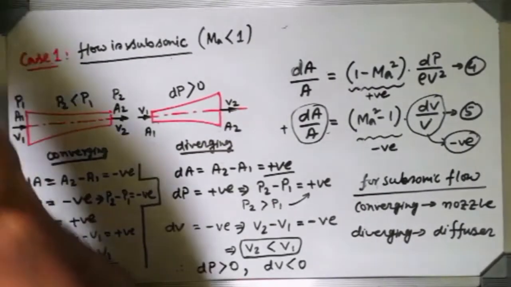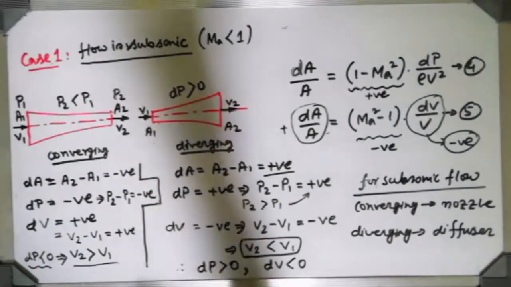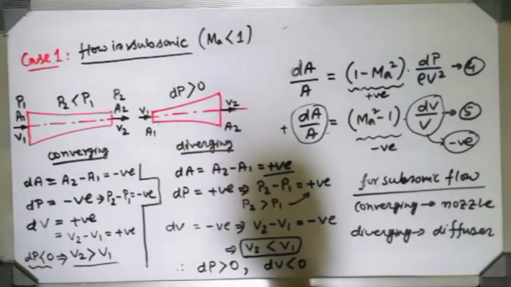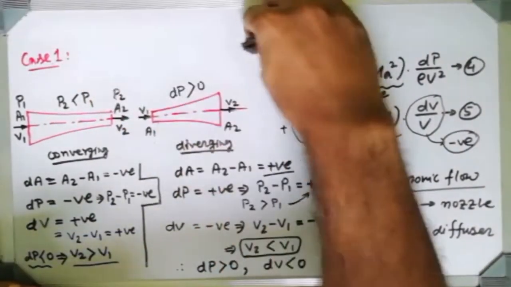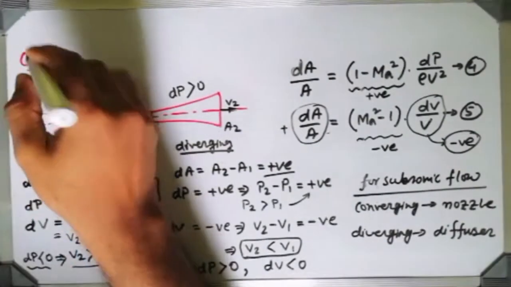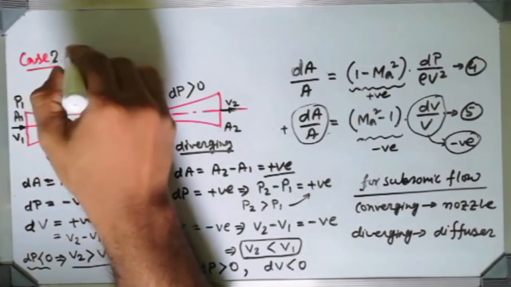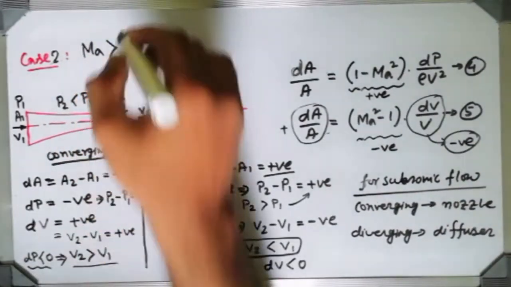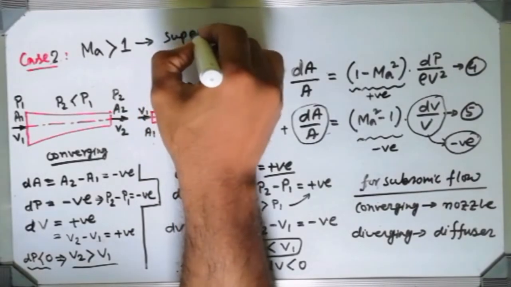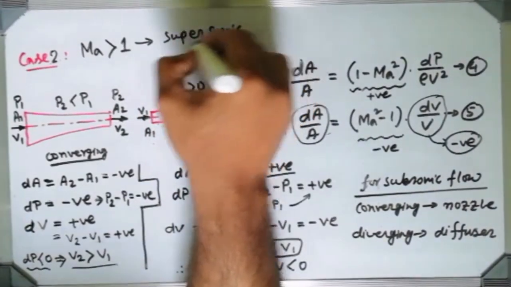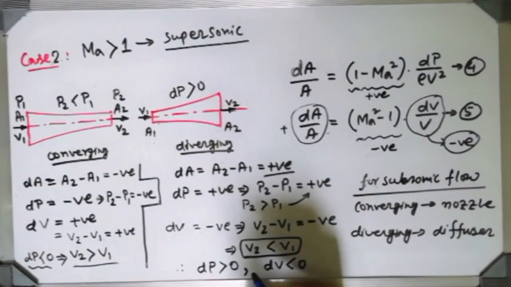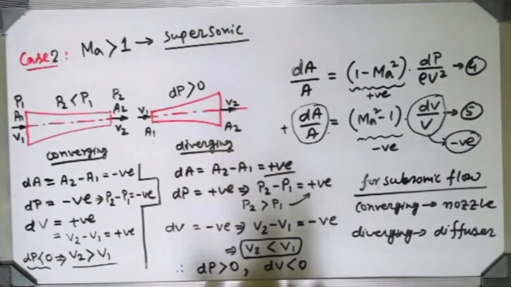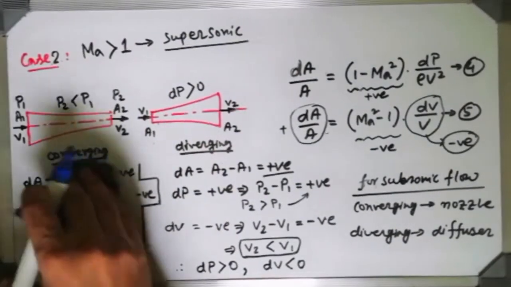Now just see, when we convert that flow situation from subsonic to supersonic, it will change like magic. Considering case 2, and considering the flow is supersonic, that means the flow which is coming to the nozzle is supersonic, that is, Mach number is greater than 1. Assuming the same thing, converging section, diverging section, just wipe this particular side and this thing.